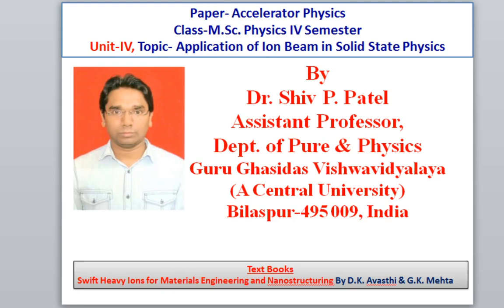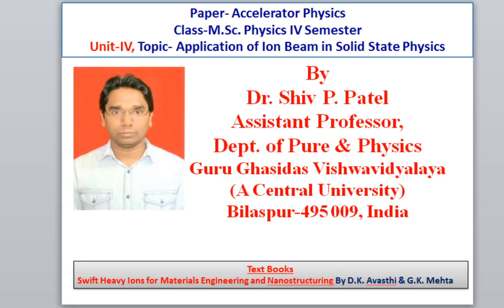Then again I came back to discuss in detail how the interaction of heavy charged particles, that is heavy ions, with materials takes place. So nuclear energy loss, electronic energy loss, and then the basic interactions at low energy, when the energy of the ion is very low, of the order of kilo electron volts. In the region where nuclear stopping dominates, atomic displacement takes place and point defects are created. So I explained how radiation damage is created.